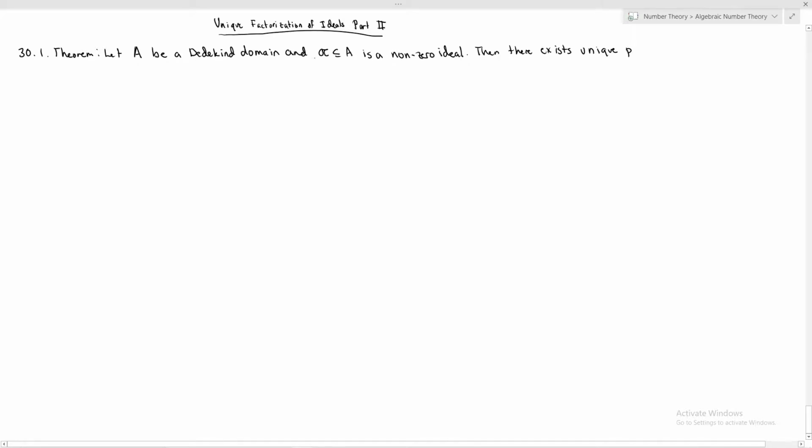Maybe I should say proper ideal. You can adjust the statement to include the unit ideal case, but if I'm going to be precise, I need to be a little more careful. There exist unique prime ideals, let's say P1 to PR,